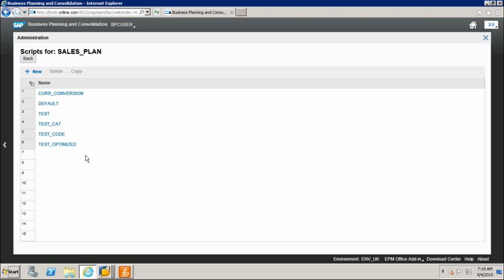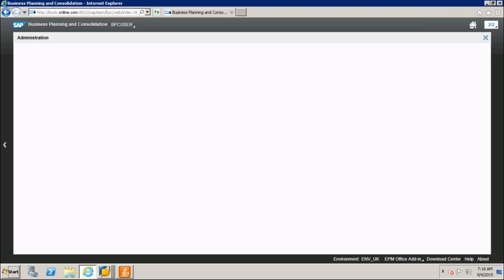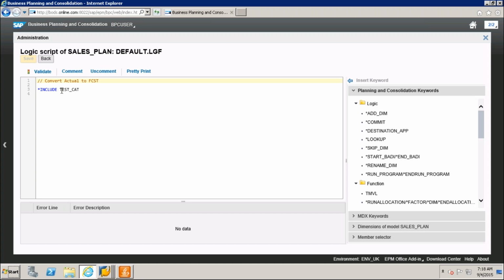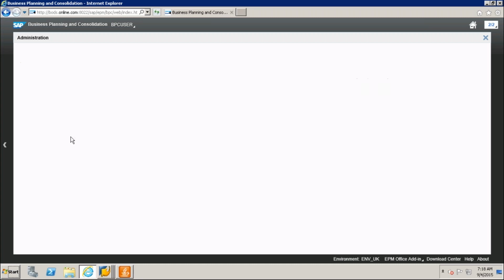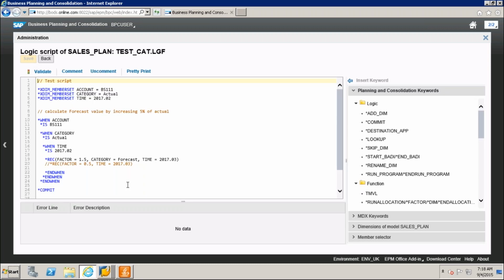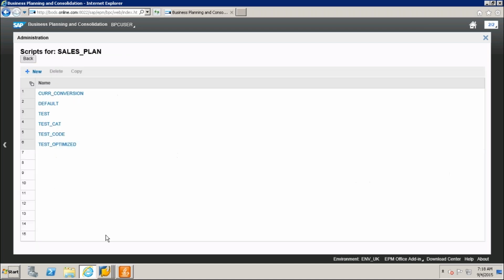And now what I'm going to do now, this I'll keep in the default logic. So in the default logic, already test underscore cat, I'm going to remove, validate, save, and when this only we'll keep.